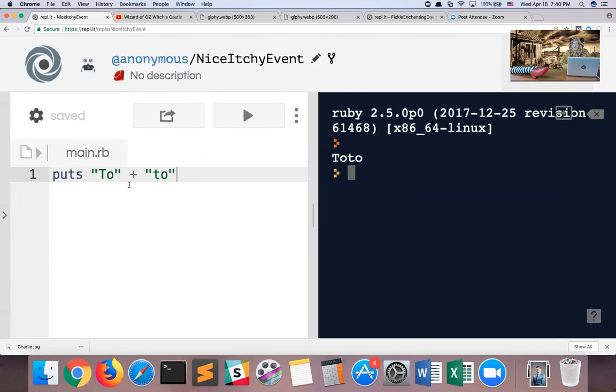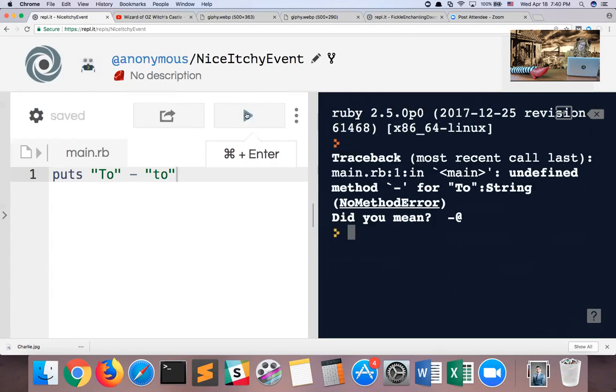Now, this is where things get crazy. What would happen if I would do toe minus toe? So you might start guessing, but I'm going to hit the run button here. And this is definitely perhaps not what we expected. What we see here on the right hand of the screen is what's called an error. Basically, something went wrong. And Ruby says, this command is invalid. This is an invalid Ruby command. I don't know what you're talking about.